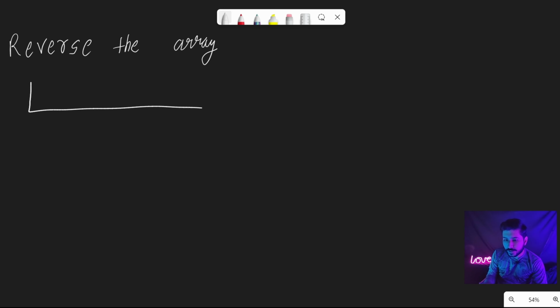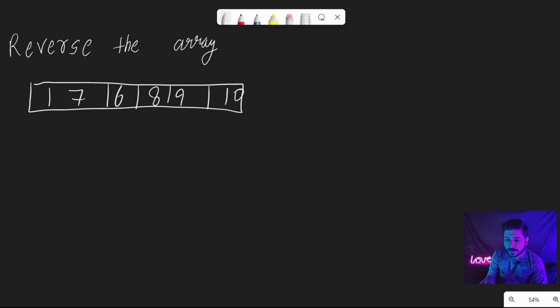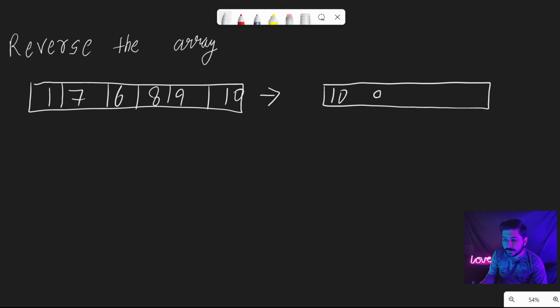For example, we have an array. It can be anything: 1, 7, 6, 8, 9, 10. What we have to do here is reverse this array, and the answer should be 10, 9, 8, 6, 7, 1.